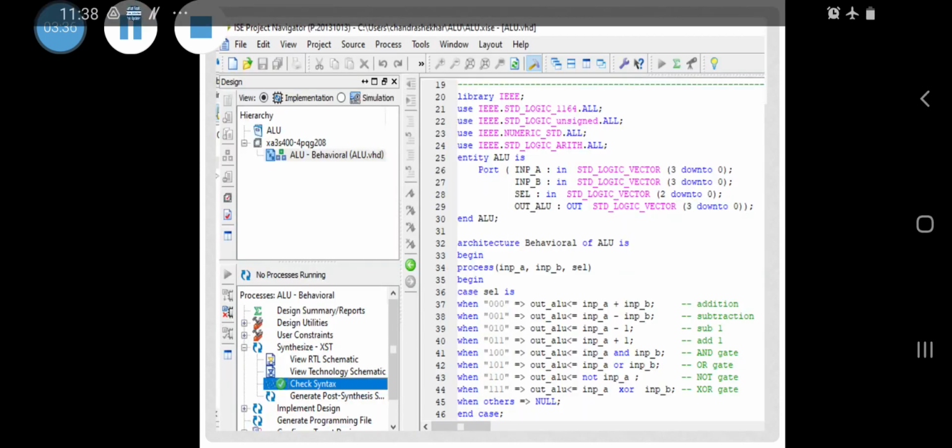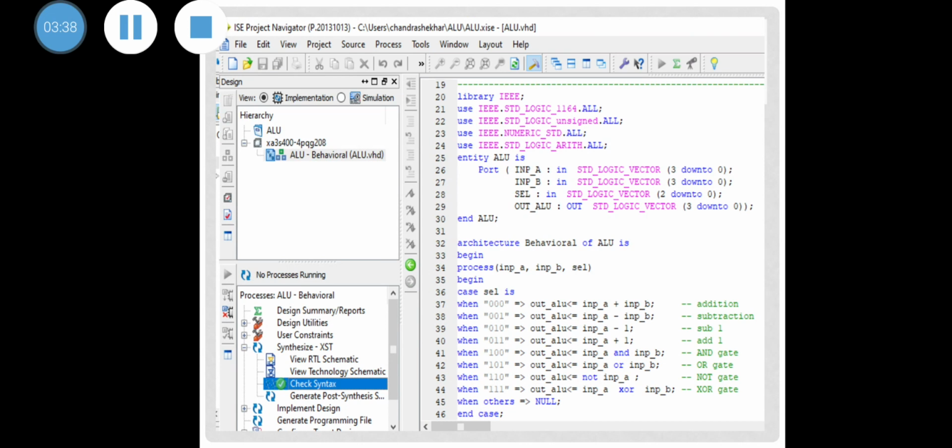Now after writing the VHDL code, we have to first edit that code in the software. Here you can see opening the source code and the whole program is edited here. After that we have to go for check syntax, to find any syntax error in the program.